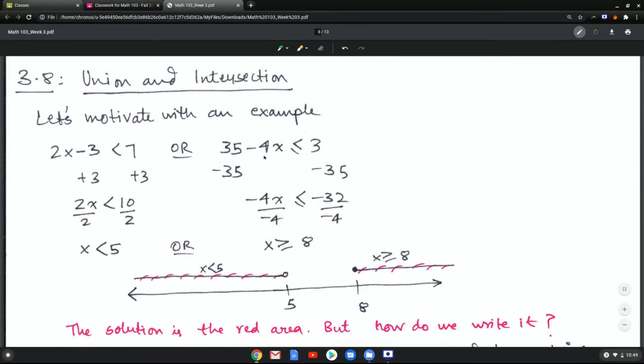Now you've seen this operator union before in our first chapter of functions, where we said that if you have disjoint intervals, they can be connected using union. But now this is a good place to talk about these two operations, union and intersection. So we saw this example